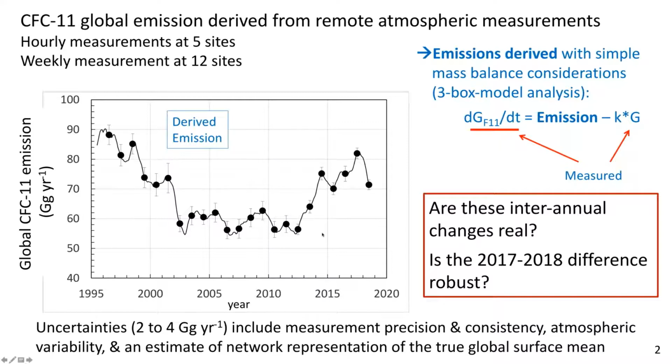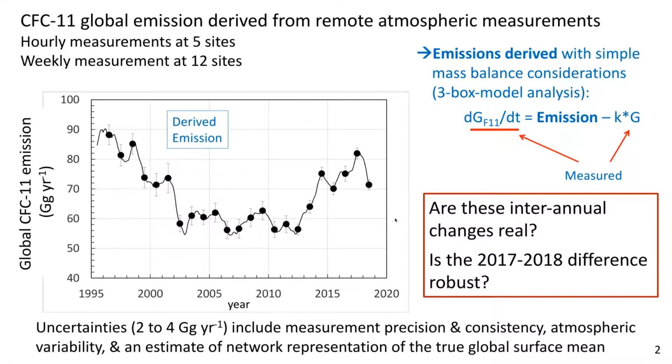So the question is, are these interannual changes real? Typically we might have in the past suggested that if we want to know whether changes are robustly determined, we usually average over multiple years. But we're really interested in providing more rapid feedback to understand how emissions are changing from year to year, especially for policymakers. So when we get increases, for example, from 2013 to 14, or decreases from 2017 to 18, we really want to know whether these changes we're deriving are robust.